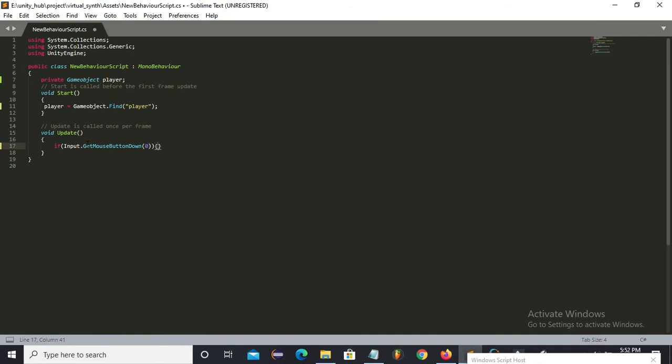Here I have put an if condition. If I click my mouse, then this if condition will be true, and the statements which I will be writing in this if statement will execute.